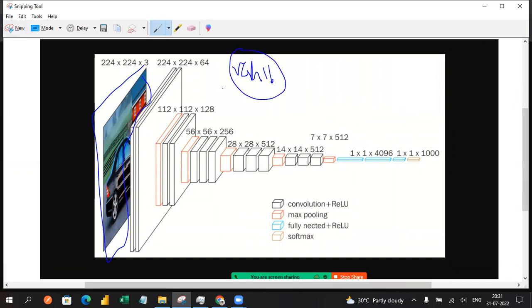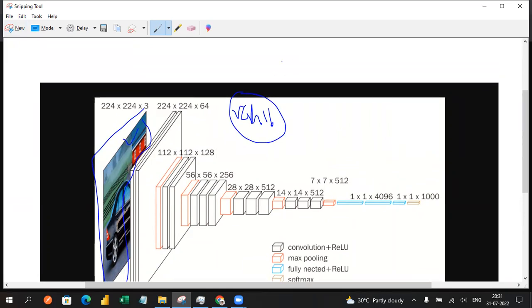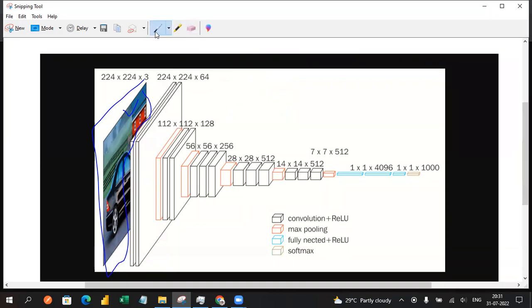So how is this going to help us understand that this is a car? Let's take this simple task: to recognize the image, or to identify which images consist of this RGB color. So let's find out how to get the results by using these different layers we just saw. They have implemented this to understand the data, to understand the image itself. Once you get the data in terms of 224 by 224 by 64,